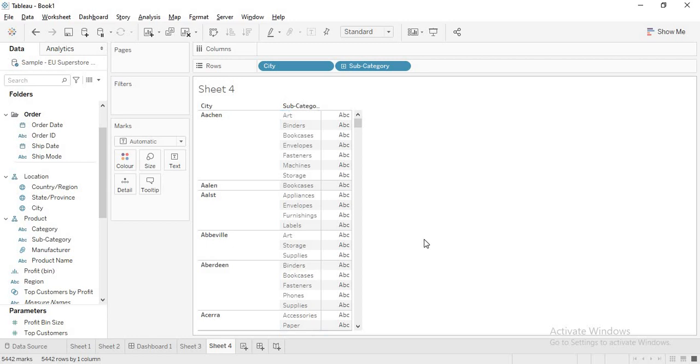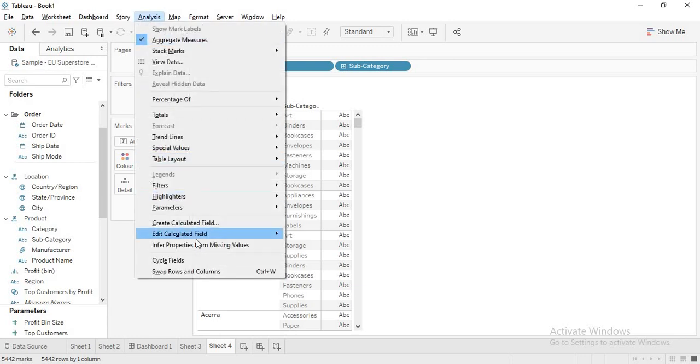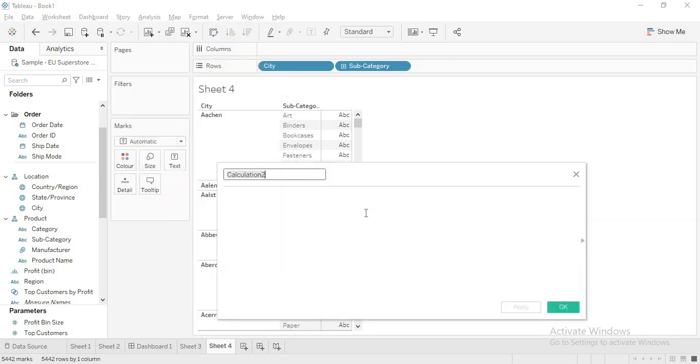Okay, now how to get this? I'll be showing you two ways. One is using sets and the other is using if-else statements. Now let's get into the solution. First we'll solve it with sets, and in another video I'll show you how to do it with if-else statements. Now going ahead with sets, let me write a LOD.